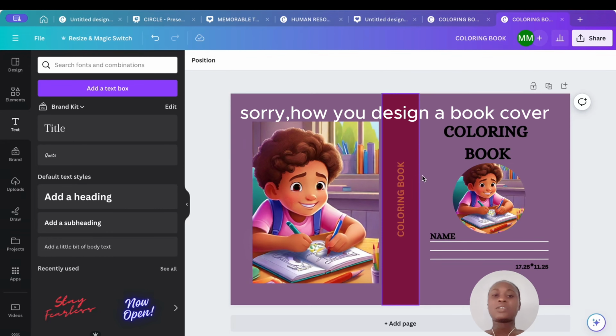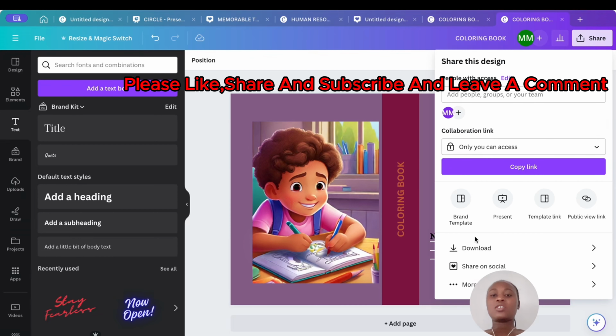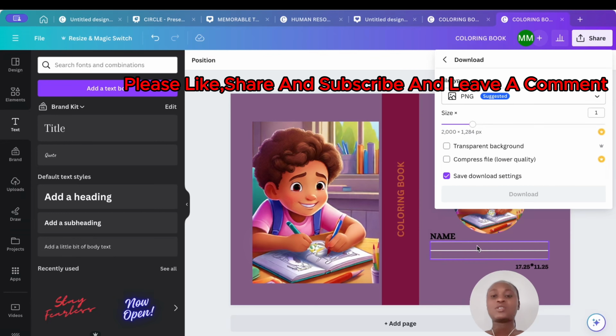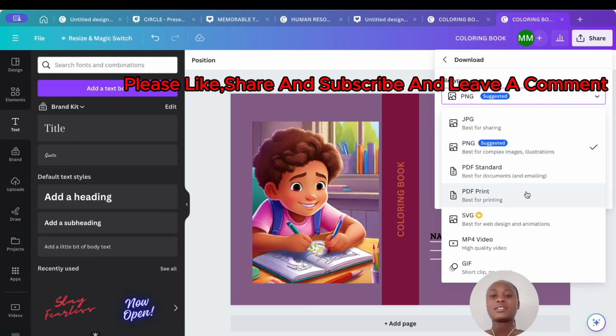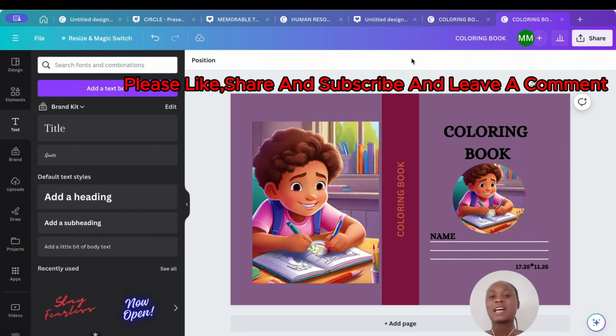So now once you're ready, you like the way your book has turned out, you love the way it looks, you're going to come here to the share button and you're going to download the image. Make sure you download it as a PDF print, because that's the best way that you can print your book. Make sure you download it in the PDF print, and save it where you're supposed to save, either in documents or on your desktop,